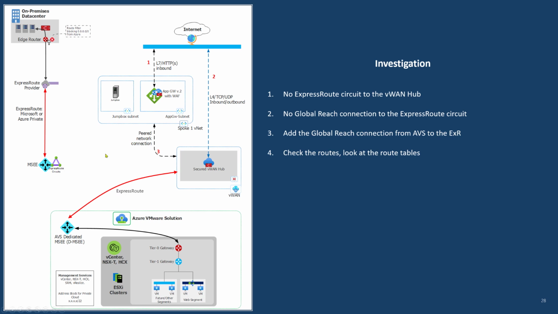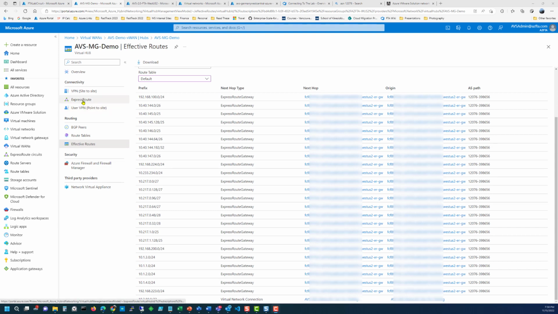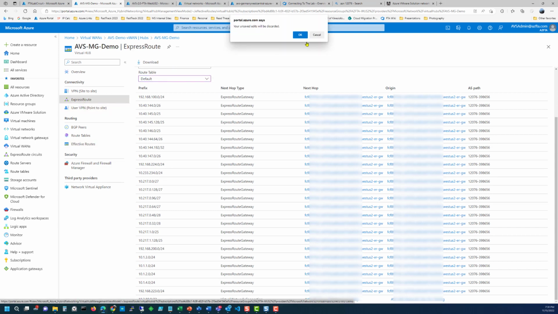So now let's build the second part, which is this ExpressRoute connection from AVS vWAN to the MSEE device that connects us to the on-premise data center. And this on-premise data center has a 172.2186.0/24 address. In fact, there's quite a few because this is a fairly big lab, but the one we're interested in is that. So to do that, we're going to go back to the virtual hub, go to ExpressRoute, and